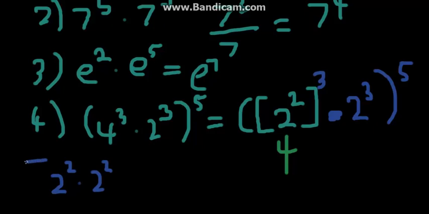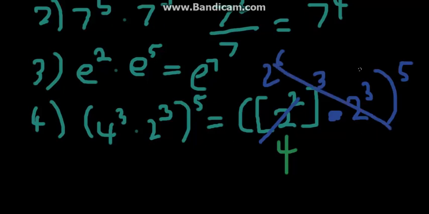Okay, wait. 2 to the 2. This equals 2 to the 6. That's why that is so, if you were wondering. So this is 2 to the 6 times 2 to the third. So all of this is 2 to the 9